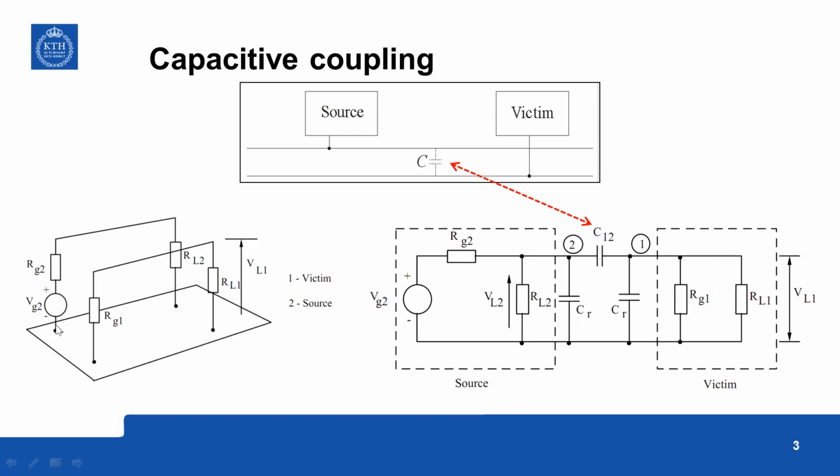So you have this circuit represented here, and you have certain parasitic capacitance from this line to the ground, and also from this line on the victim side to the ground. These capacitances to the reference are termed as CR, and that is shown here. And between these two circuits, you have the coupling capacitance C12. So this is node 1 and node 2. And we are interested in the noise voltage appearing across this load resistor RL.